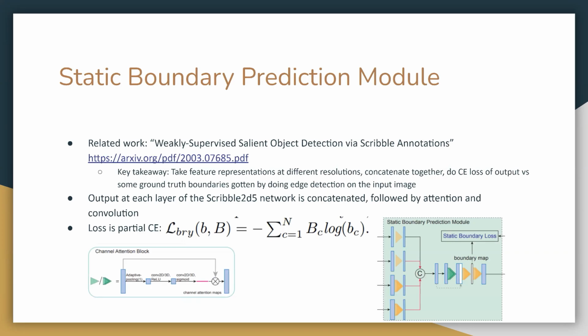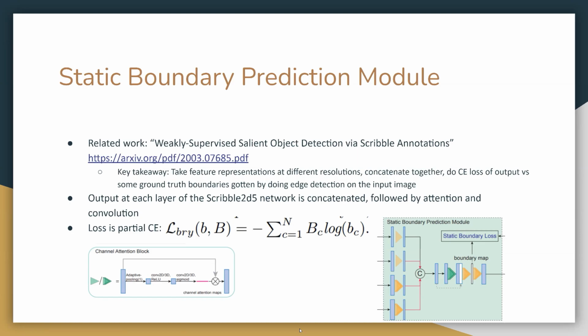Okay, after the label propagation module, there's also a static boundary prediction module. The point of this module is to detect that unmoving outer edge part of the segmentation. It's based on this related work, weakly supervised salient object detection via scribble annotations, where the key takeaway that the authors of my paper used from this other paper is that you